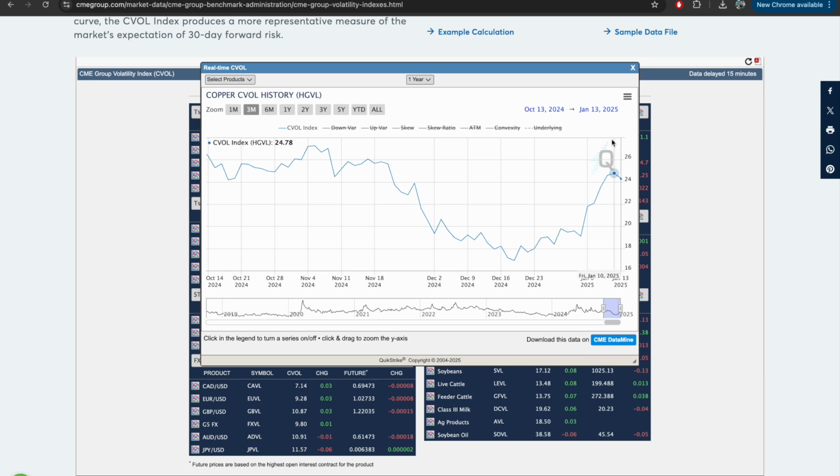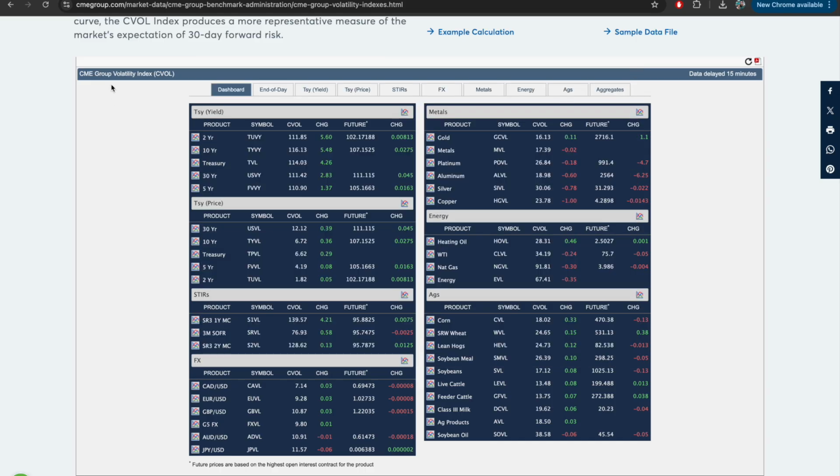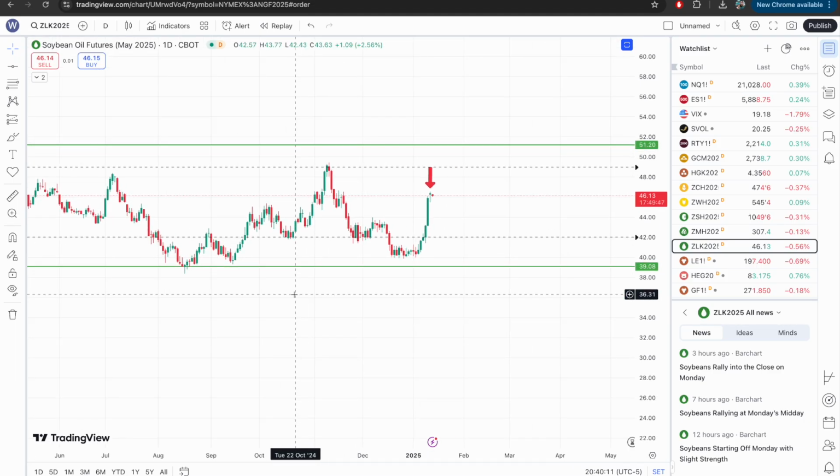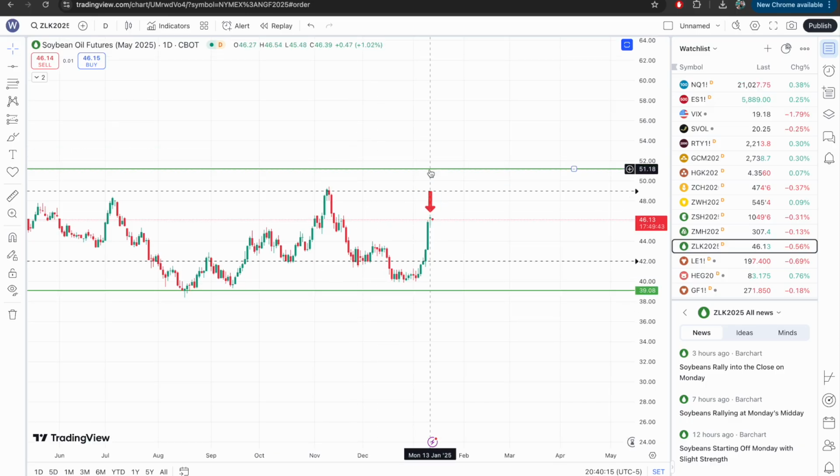Might open a position, we'll see. But this is a good CVOL. This is a good CVOL, and also another big giveaway that you have a good CVOL is basically you will have a very good range. Because if CVOL is high, you get a lot of credit, means your distance to the stop losses will be extremely wide, right? So here you can see, I was able to get a distance where the price has